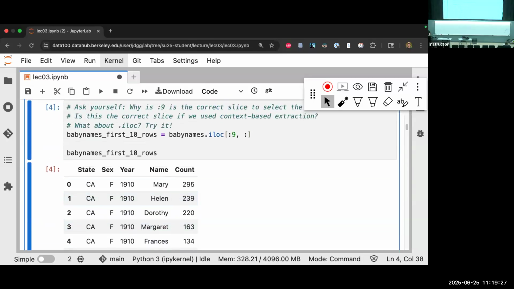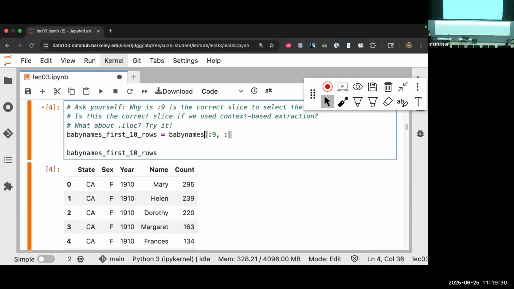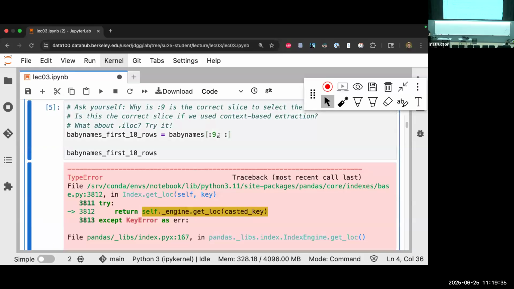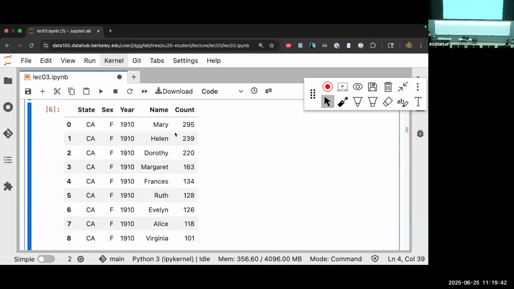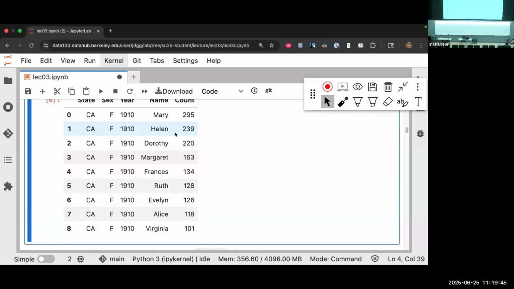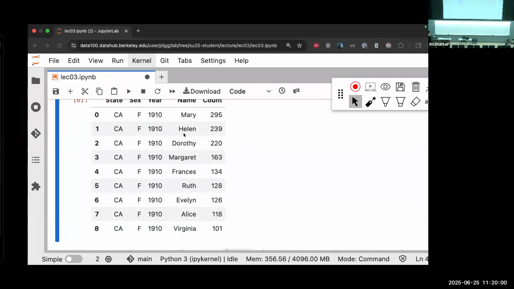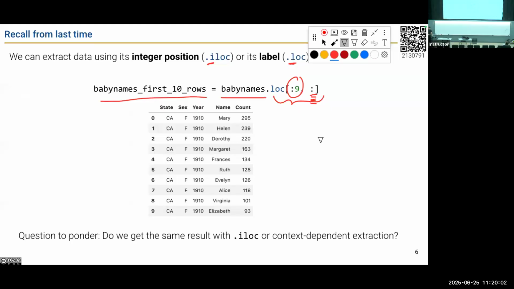If we take out the iloc and the loc entirely and just use context-dependent extraction, which is sort of the most common way to do something like this, what happens? Nothing works. Why? Context-dependent extraction only expects one argument. What happens? We only get up to 8. So context-dependent extraction is also exclusive of that 9. Again, nuanced point, but just keep in mind, when you're doing exploratory data analysis, these sorts of things can happen, and I want to give you a sense of how you can debug things going into the future. Okay, so just a little point there to make before we jump into the full lecture. Okay, let's keep going here.